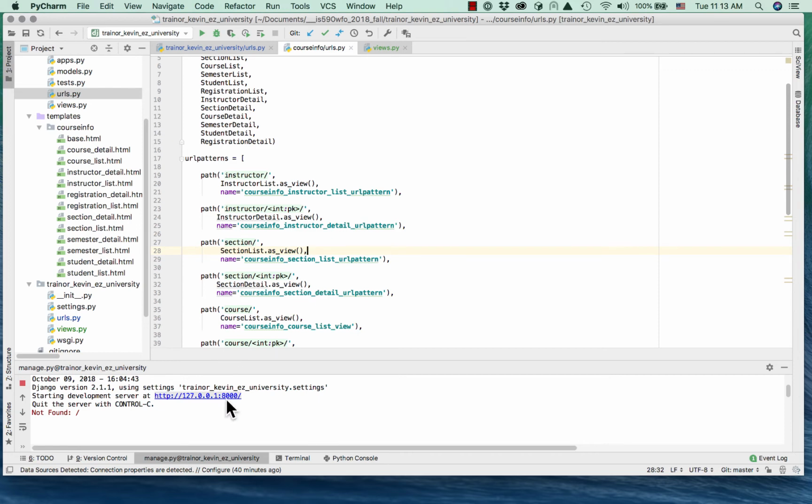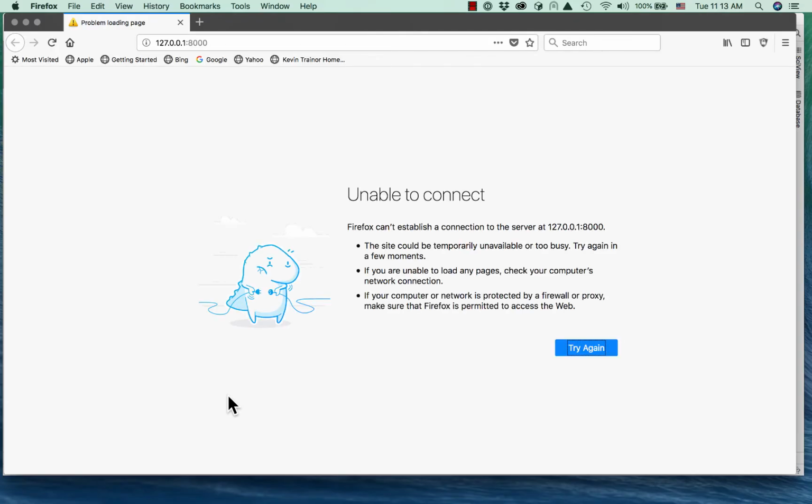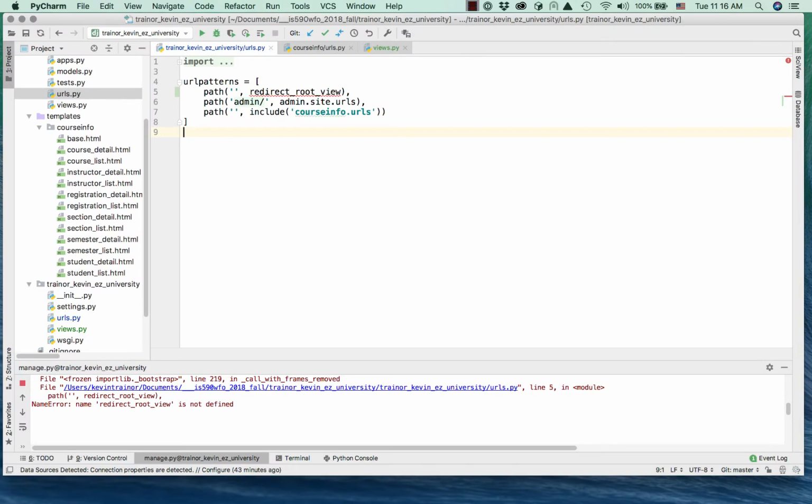So let's test that out. When we click on this, we are unable to connect. That's not good. Okay, let me solve that, and I'll be right back. Forgot one import. Okay, so here's a problem that didn't really pop up until I stopped the server